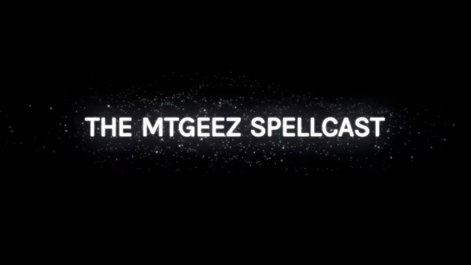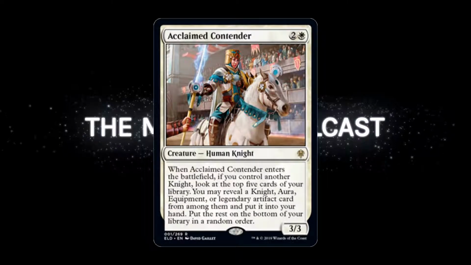The first color that's in the set for Throne of Eldraine, white. And we start off, right off the bat, with what I believe is the best card in white. Acclaimed Contender. I honestly think it is the best card because when you look...